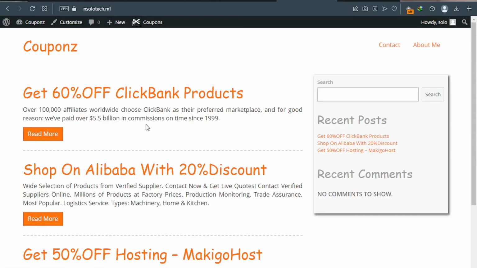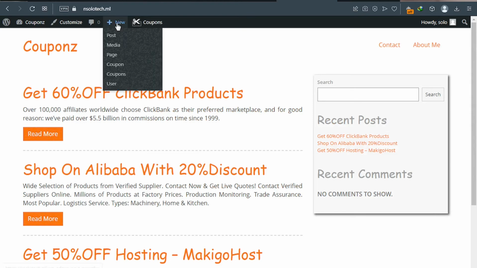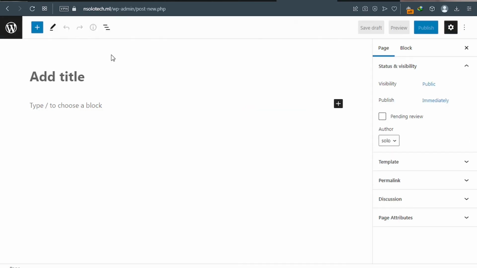Now to create your pages, on top, that's plus new. Okay, that's add new, and then page. Click on page. Enter your first page, which is home. Okay, so home,